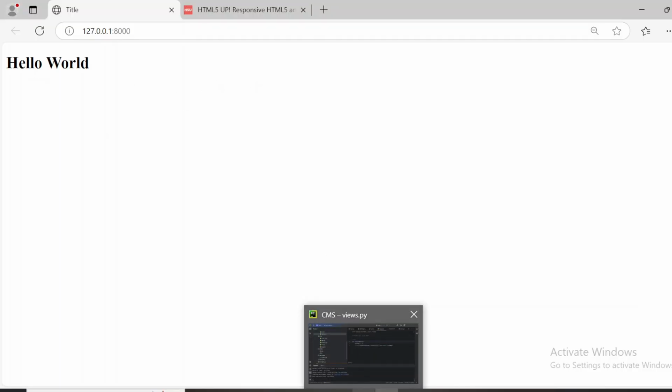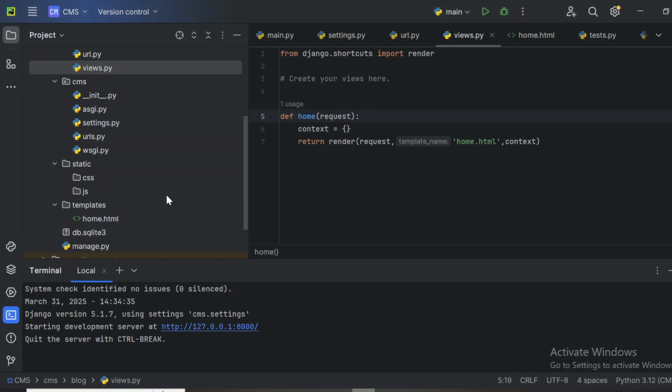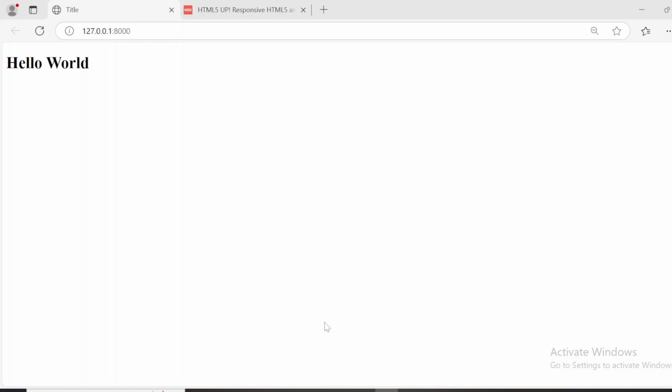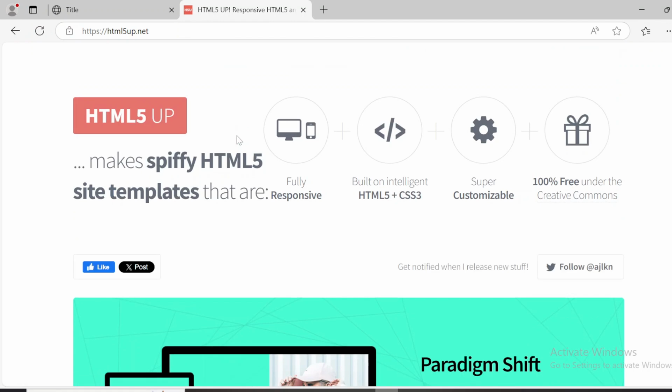So like I said, in this video I'll be making use of templates because this is not what I want to be seeing. I want to be seeing a nice looking template. Well, you're going to see what I'm talking about. So yes, we're going to head on to HTML5 up. I already have it here opened. Just type